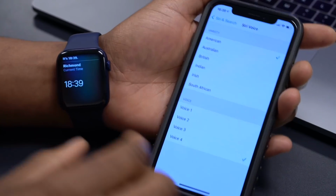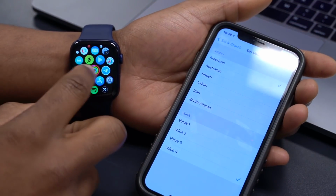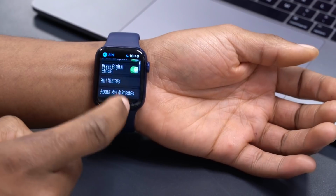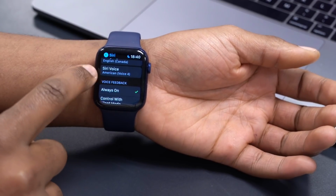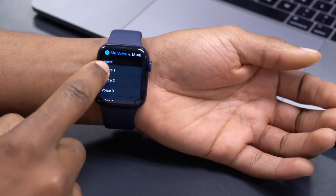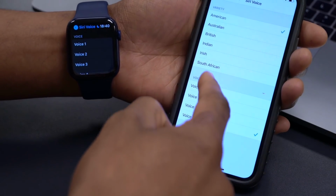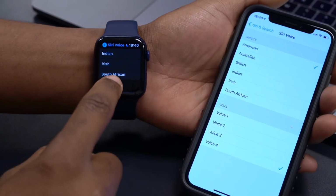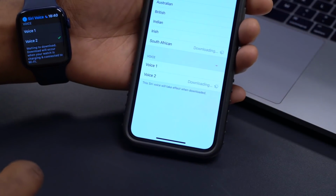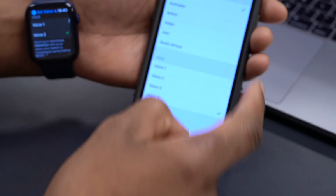And then go to the Apple Watch and do the same command. What's the time? It's 18:39. So you can see that Siri on the Apple Watch will take the same voice that you have selected on the iPhone. I'm not sure if you can do the same changes here if you go into Settings and go to Siri right here. If you select Siri and go all the way down to Siri Voices, you can see the different voices that we have, American, Australian, and if you go down, you will see the same layout for the number of voices that we had on the iPhone. You can see how similar they look here, voice 1, voice 2, voice 3. Keep in mind that if you select, for example, South Africa, you will notice that the voices change. We just have 2 voices, and it's the same on the iPhone. As you can see, for South Africa, we only have 2 voices, but for America,